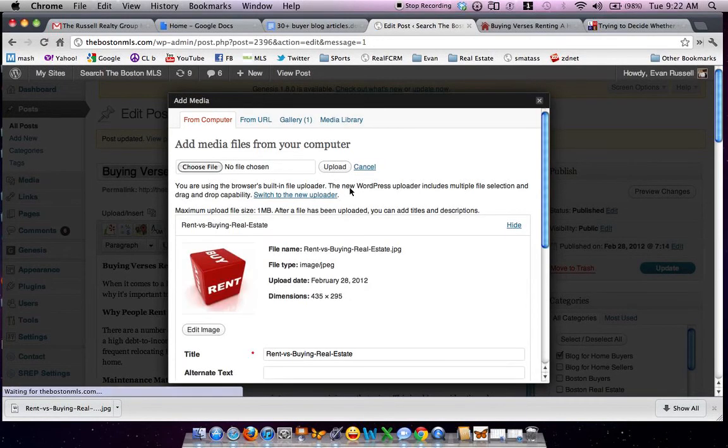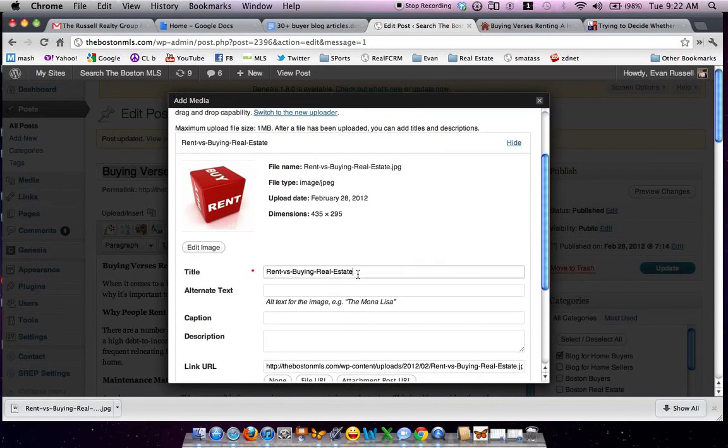And it might take just a quick minute. Okay, there's our image. Alright, so what we want to put, renting versus buying is actually fine. Renting, and then just copy this without the hyphens. And put a line here. Boston